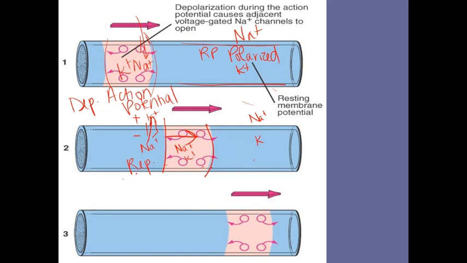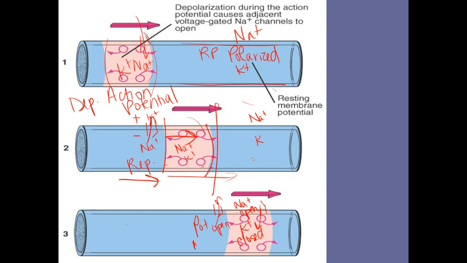I've done a quick fix in order to make that impulse, push it from behind to keep it going in the direction I want it to go, instead of just stalling out and not going anywhere. If it stopped right here, it's a dead end. Can't do anything. And then that impulse will keep going, and these channels are opening here for sodium. So sodium's coming in. The sodium channels are closing here, and the potassium channels are opening. So you've got an opposite thing going on. This is sodium open, right? And potassium closed during the action potential. In the back side of this is potassium open